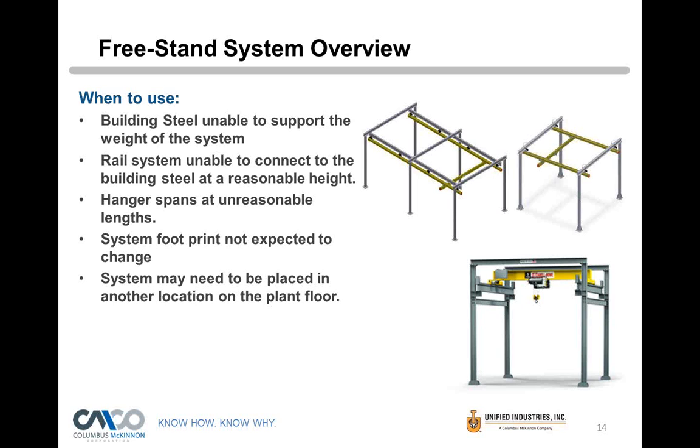Here's another one too. When the system footprint is not expected to change. That would mean, if you're planning on changing your process and you want to move these columns, obviously it's more difficult to move and to add and subtract pieces of rail or add bridges when it's already in place. I've seen times too where you put up a structure and then they put a conveyor through it, and somewhere where the conveyor turns would be where a structure would be. So obviously we'd have to redesign the entire freestand structure. So make sure before you do a freestand structure, you're pretty sure that where the footprints go, the columns' footprints,